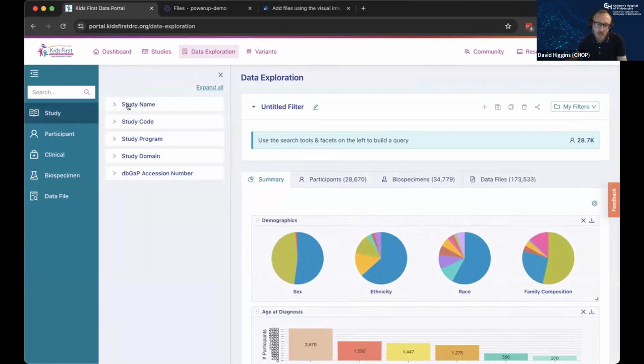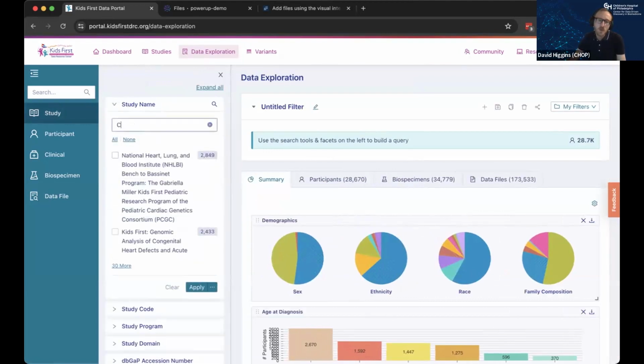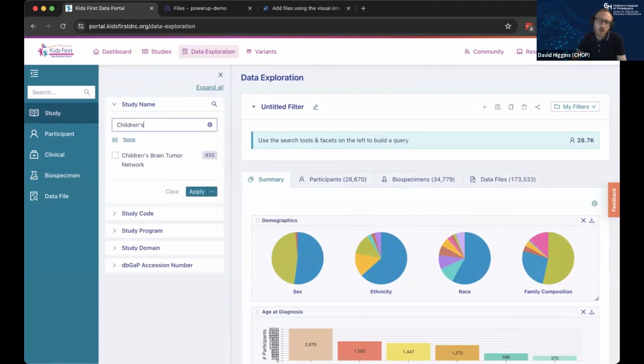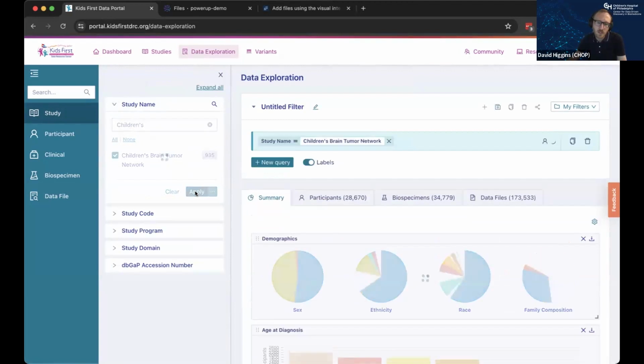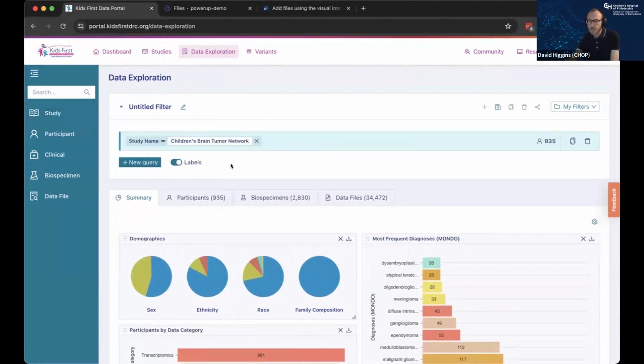And so we can do that by, if we just want to look at that particular study name, adding a filter for that. We can type in Children's Brain Tumor Network, here it is, and apply our filter. And so the way the Kids First portal works is it kind of works like a library,